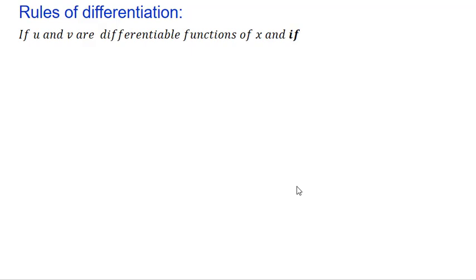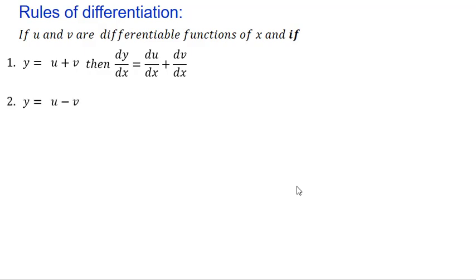If u and v are differentiable functions of x, and if y is equals to u plus v. Now here u and v are differentiable functions of x. That means they are some functions of x. We can say that u is say a power x, v is say x power 10, like that. So if y is equals to u plus v, then dy upon dx is equals to du upon dx plus dv upon dx. Similarly, when y is equals to u minus v, then dy upon dx is du upon dx